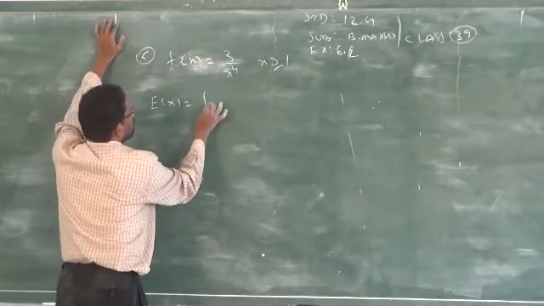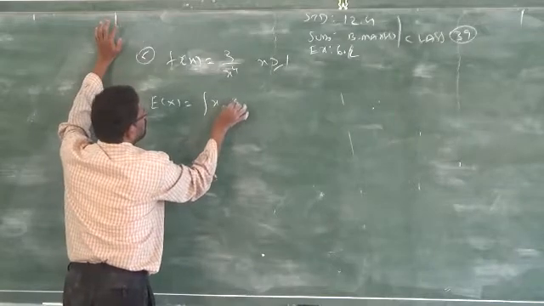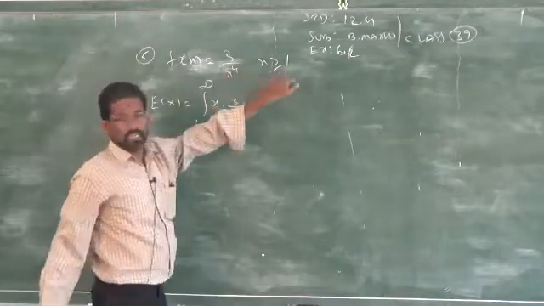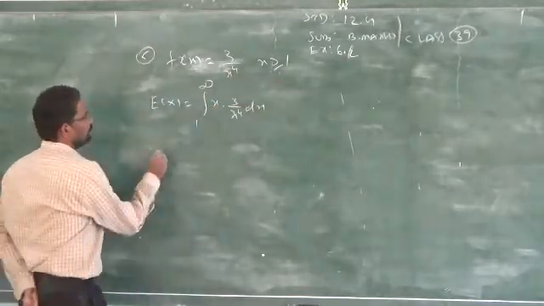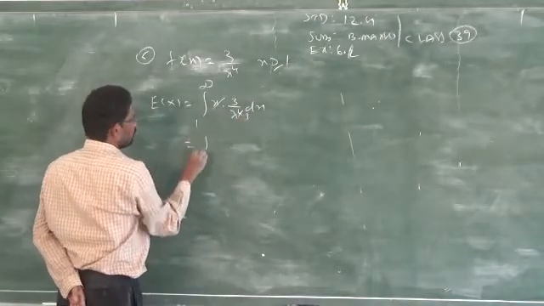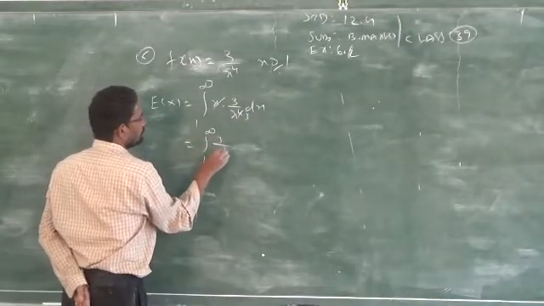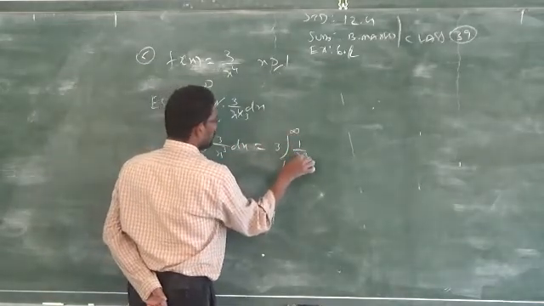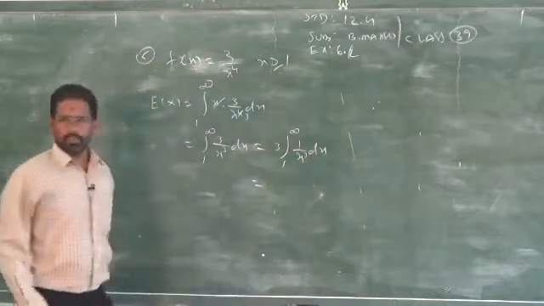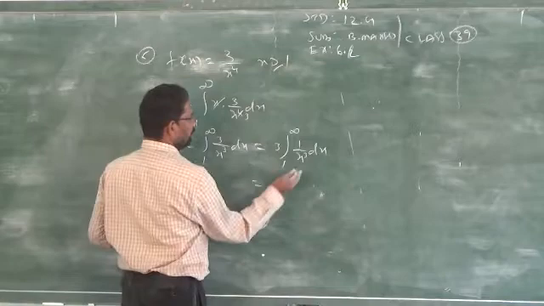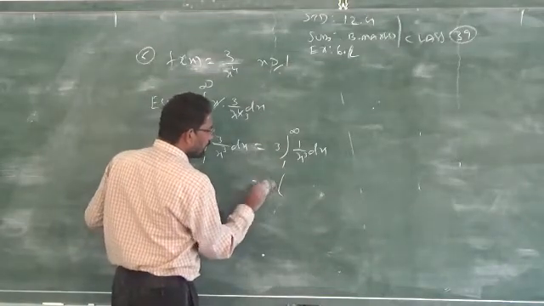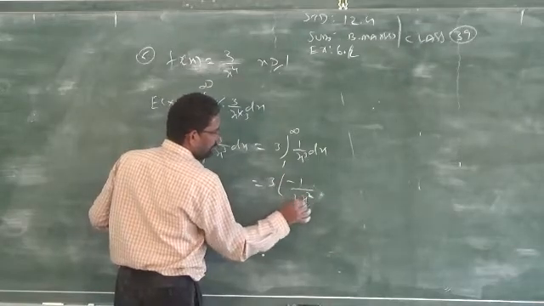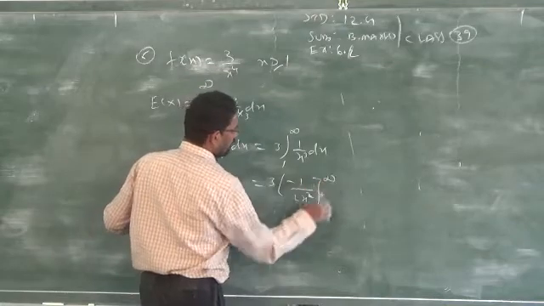So, the formula is what? The integral of x into f(x), 3 by x power 4 into dx. Limit is given 1 to infinity. It is not 0 to infinity, 1 to infinity. You can cancel power 3. So, 1 to infinity 3 by x cube into dx. So, 3 is constant, 1 to infinity 1 by x cube into dx. This you know how to integrate. In second chapter, even with the variable alone in the denominator, how do you integrate? Change the sign, reduce 1 in the power, then you have to write down the power as it is as a multiplier. Clear?